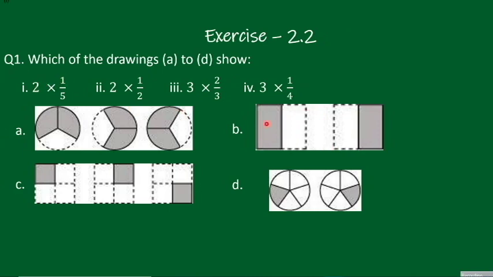We need 2 figures, it has 2 figures, but here we see that it contains one part shaded. Here also we need one part shaded. Okay, this also matches, but here we need 5 parts, but it contains only 2 parts, 1 and 2, and here also 1 and 2. So again this is not the answer to our question.